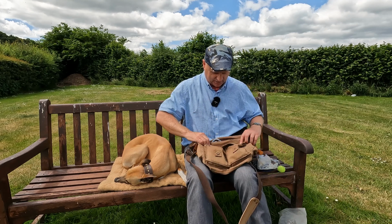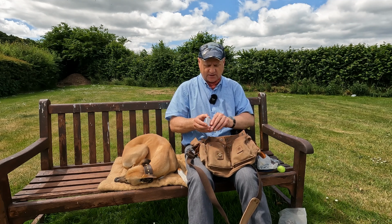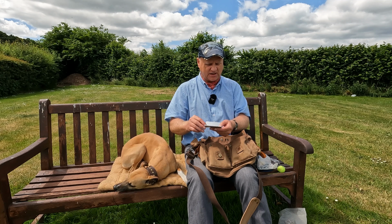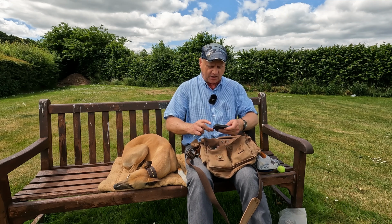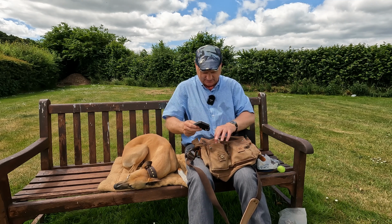All right, what else have we got in the sides? Bits and pieces here. Oh yeah, spare discs, or cards. I've had to use a spare once. Usually I can get it all on the one card. A lighting system. There's also hopefully in here, if I can find it,